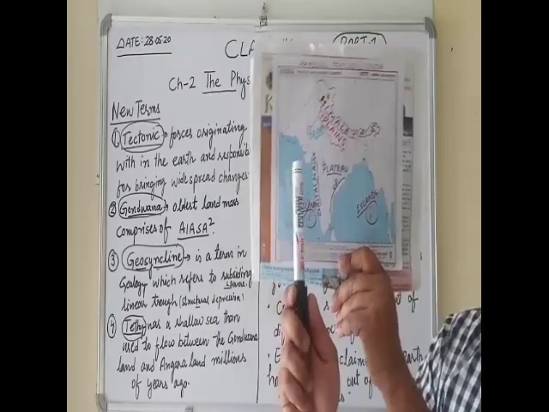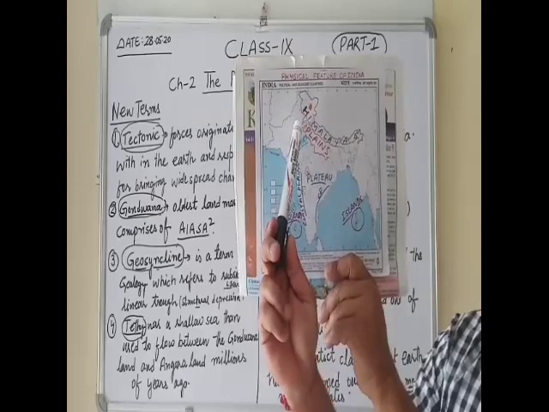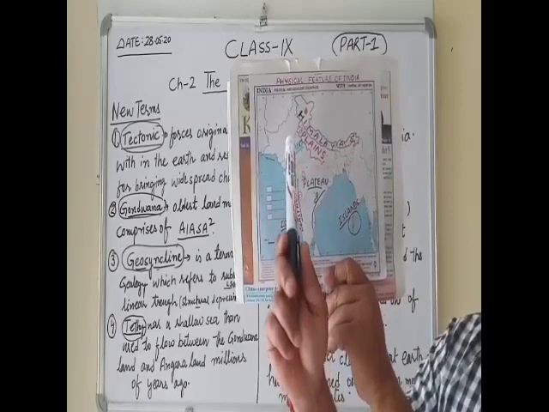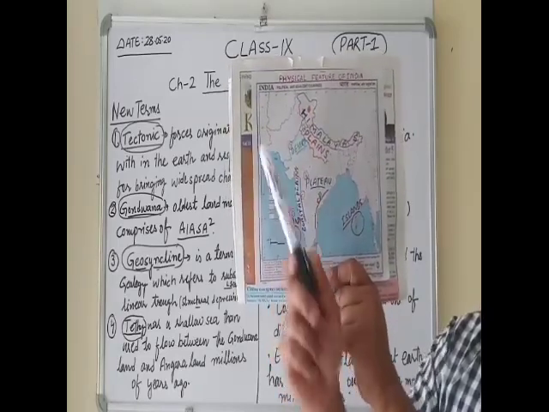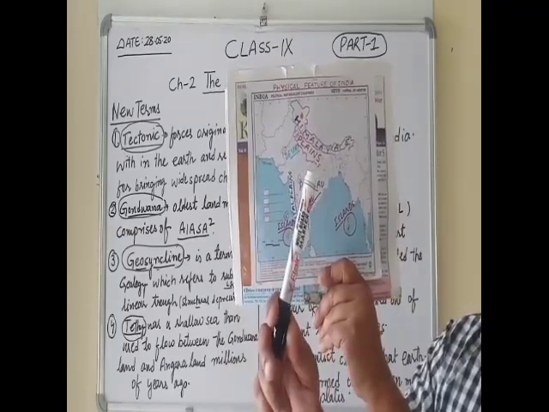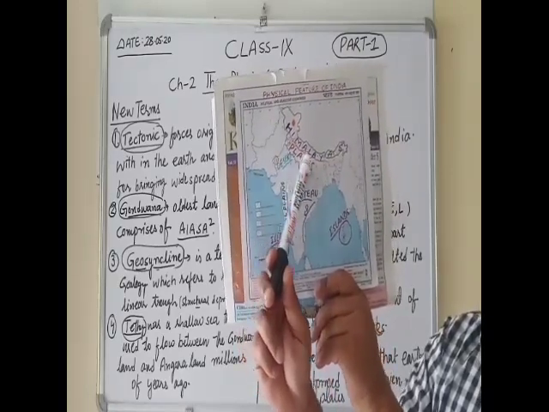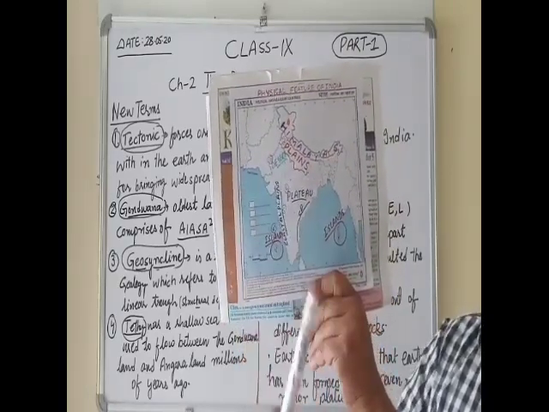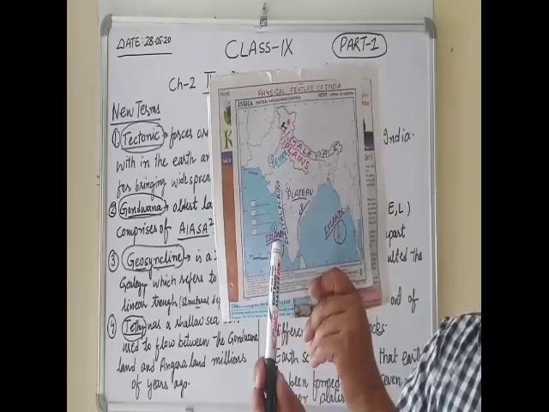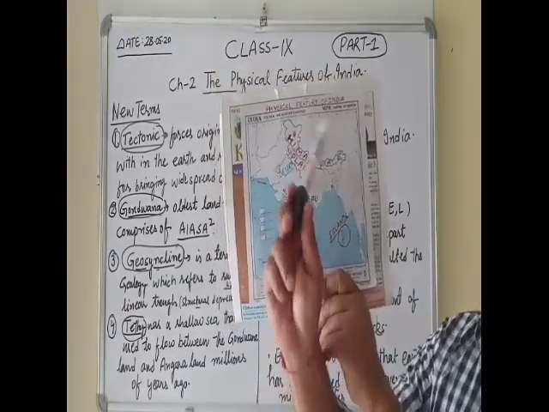Clear? So look here on the top, there are the Himalayas. Okay, clear? At number 2, at the bottom, you know very well about these states. These are Indian states. All the physical features are there in each state of India. There is a variety of physical features. First is the Himalayas. Next is the plains. Number 3 is the desert. Number 4 is the plateau. Number 5 is the coastal plains. And number 6 is the island groups of India. So these are the physical features.